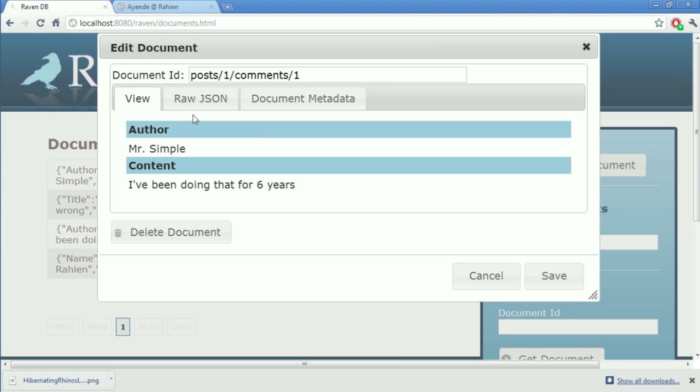So now the comments document is a separate document which is related via this document ID prefix, but isn't actually part of the same thing. This is very important because now I can modify a comment separately from modifying a post.